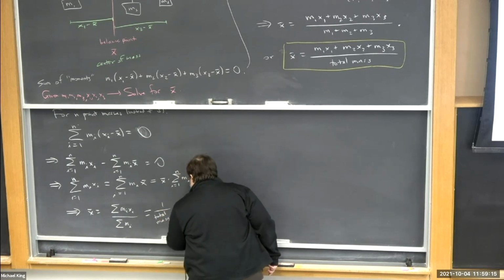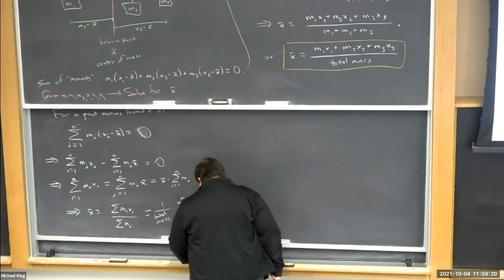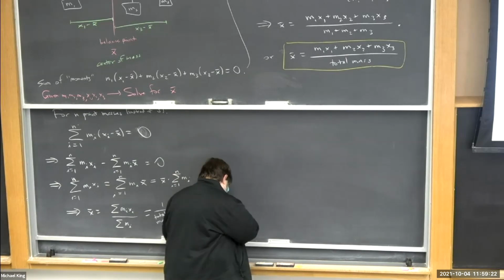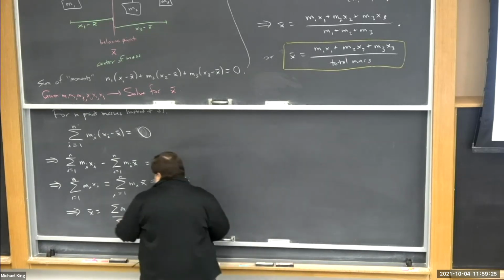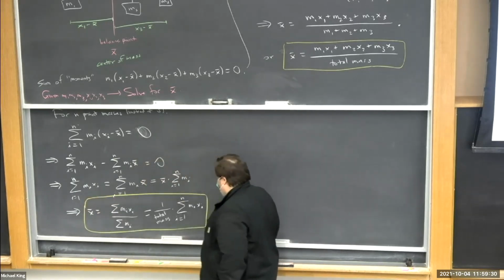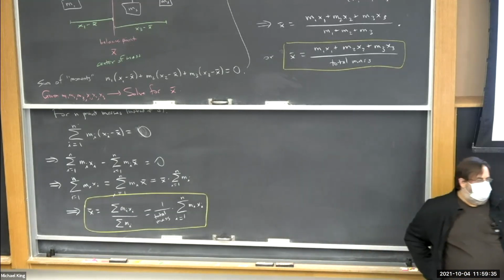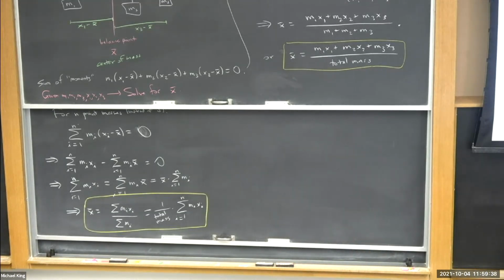Times the sum i equals 1 to n mix. So that would be the slightly somewhat generalized version of the point mass thing. Right? So this is just kind of things that you get formulas. But if you look at this and compare it to this integral formula, you can start to see some of the